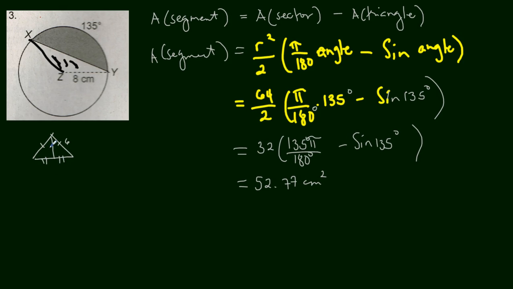If we call this A and this B, then this line is the bisector of the central angle. So this angle is 67.5, half of 135. To find A, sine 67.5